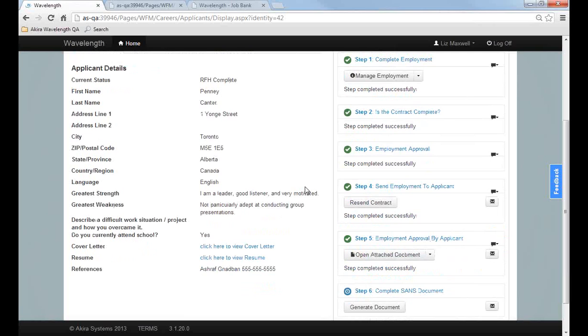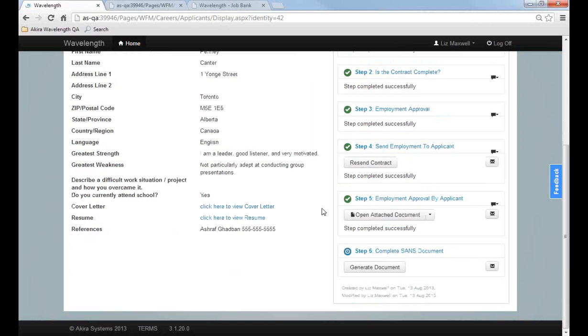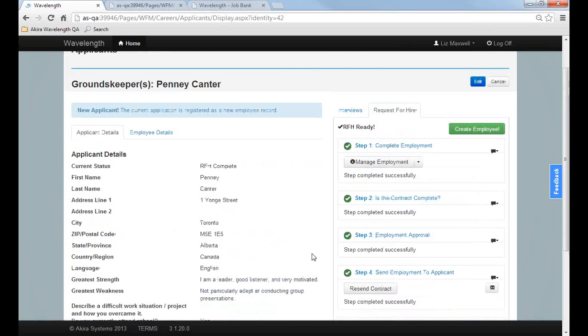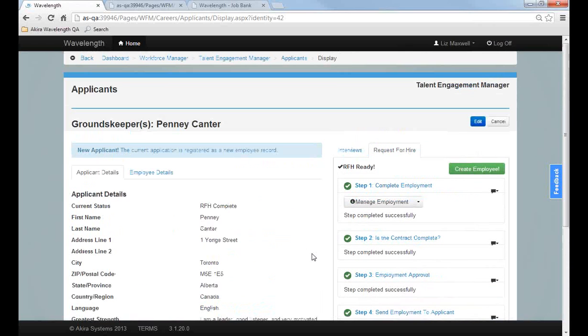and once that's successfully done, in this case Western had a 6th step, which is what they call the SANS document, and that's directly for payroll. So it's a customized document that gets pre-filled with all this information. They basically print it and send it off to payroll. In this case now, we go up top and we create the employee. Once the employee create is complete,